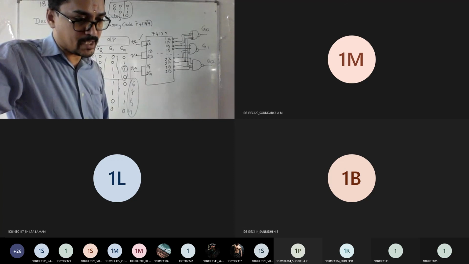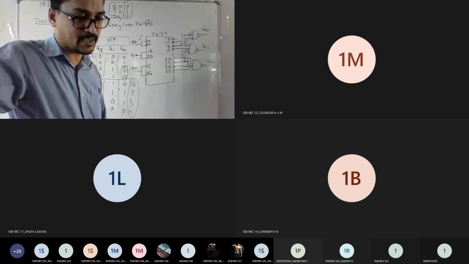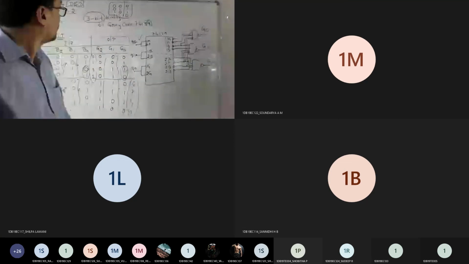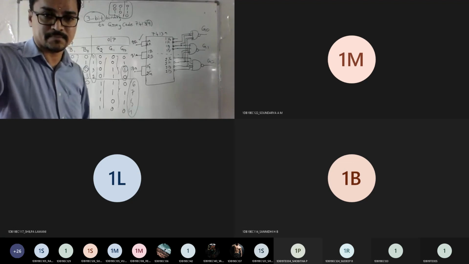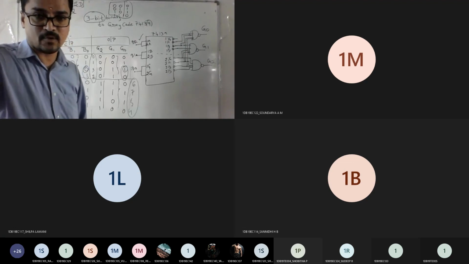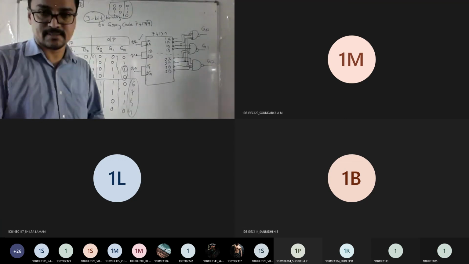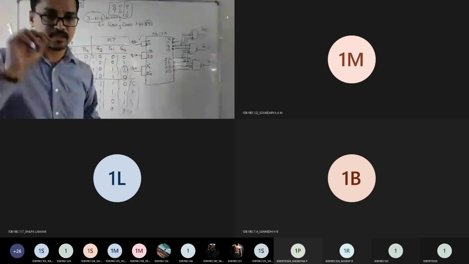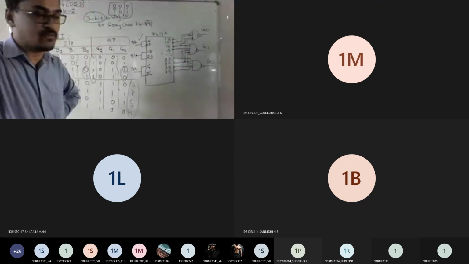If you have any doubt, you can ask. So this is the way you need to implement your 3-bit binary to grade code decoder using IC 74139. Am I done with this? Any doubts? Anyone, you can ask. Does anybody want me to repeat any steps? You got the logic now? How this decoder application will work?